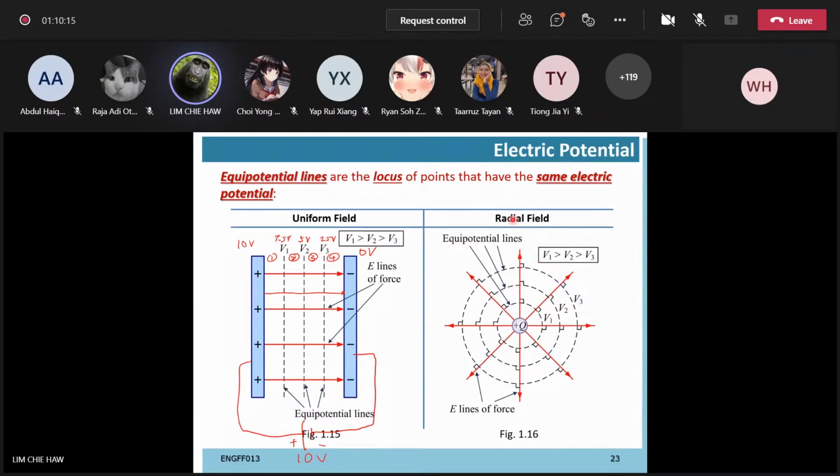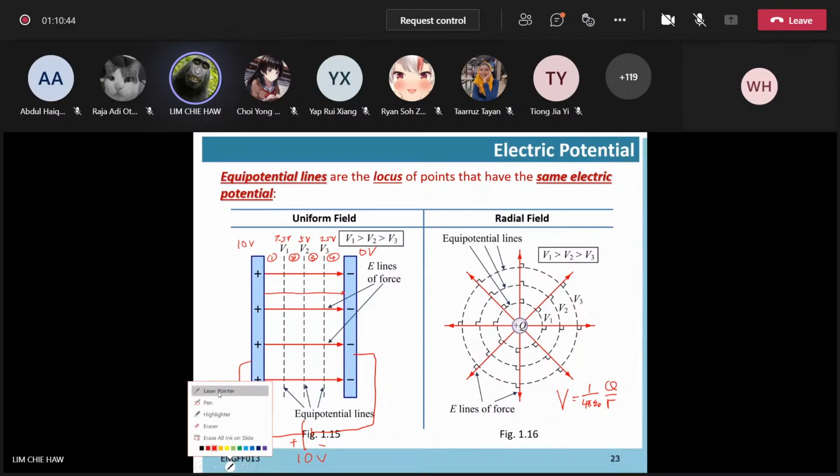And how about the radial field? The radial field will be a lot easier, because you have a point charge, and furthermore, you have this equation as well. Remember, just now we learned V equals 1 over 4 pi epsilon naught times Q over R. So as long as you fix a circumference, let's say the innermost dotted line here,